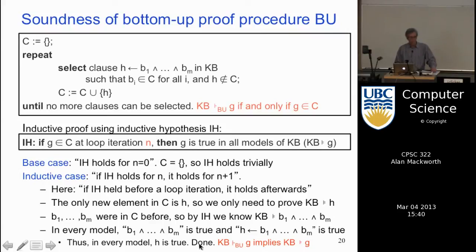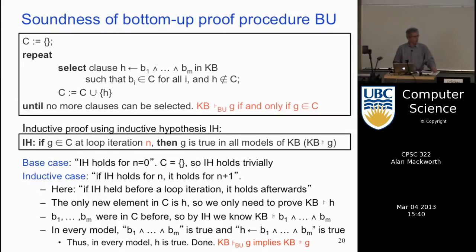So we're done. We've proven this inductive case, and so we've proven the theorem that if G is derivable bottom-up from KB, that implies that G logically follows from KB. You may not grok this theorem the first time through, but if you've done any inductive proofs, and I know you've done them, you can deny it all you like, then you should be able to follow this one. We do this one in the book. Anyway, this is clear and easy to follow.